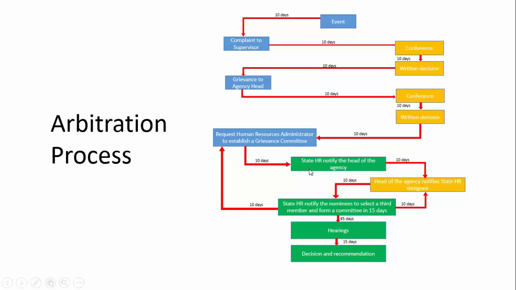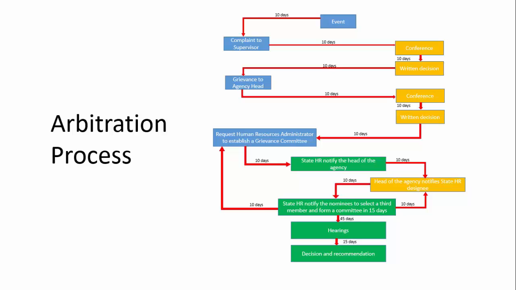Within 10 days, the State Human Resource Administrator and his/her designee shall notify the head of the agency with which the employee has the dispute and request the nomination of one grievance committee member. The agency head shall notify the State Human Resource Administrator or his/her designee of the nomination within 10 days. Within 10 days, the State Human Resource Administrator shall notify the 2 nominees that they are to serve as grievance committee members and that they shall, within 15 days of the receipt of such notice, form the committee by selecting